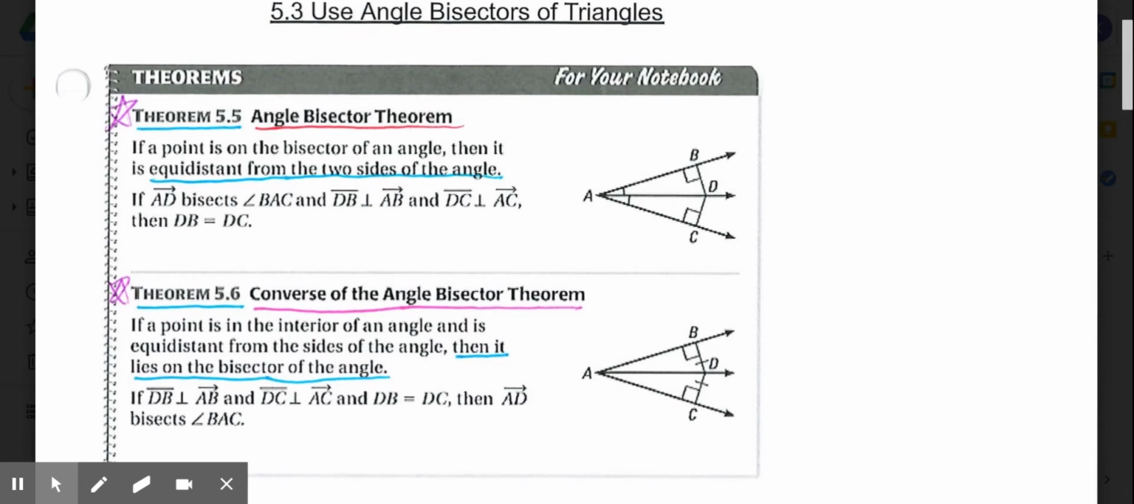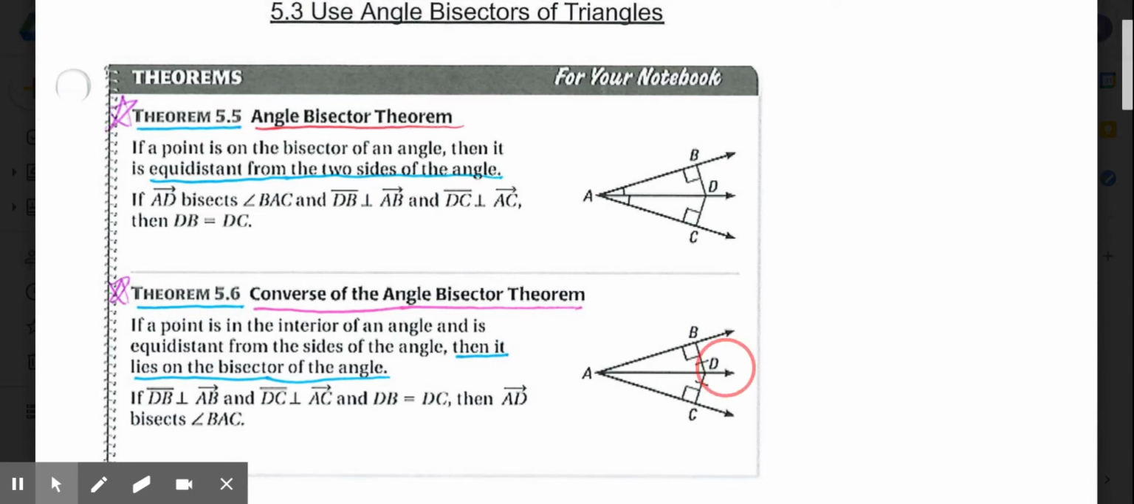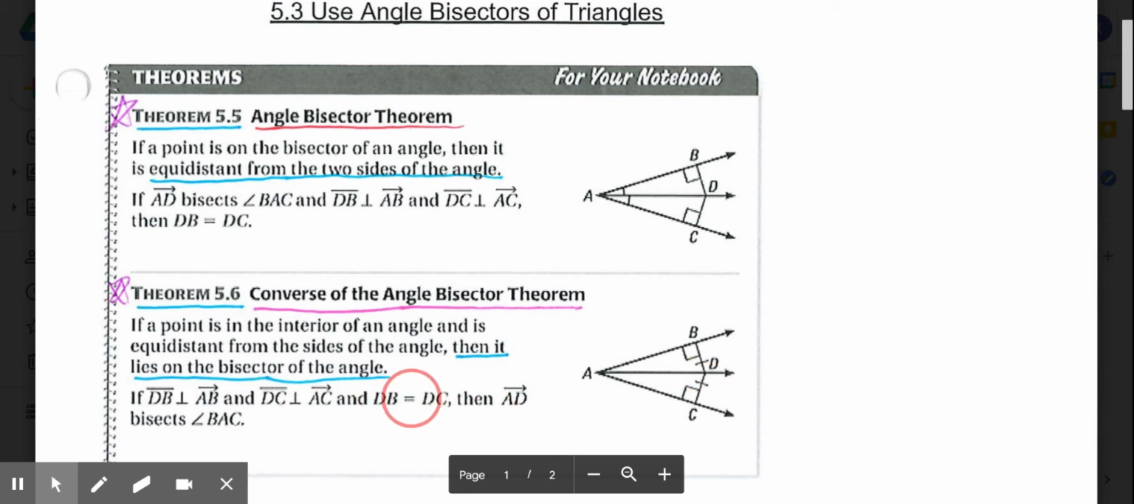And then 5.6 is the converse of that. The converse of the angle bisector theorem states if a point is in the interior of an angle and it's equidistant from the sides, then it is on the angle bisector. So if we were told point D to B is equivalent to D to C, so if DB equals DC, then ray AD is the bisector of